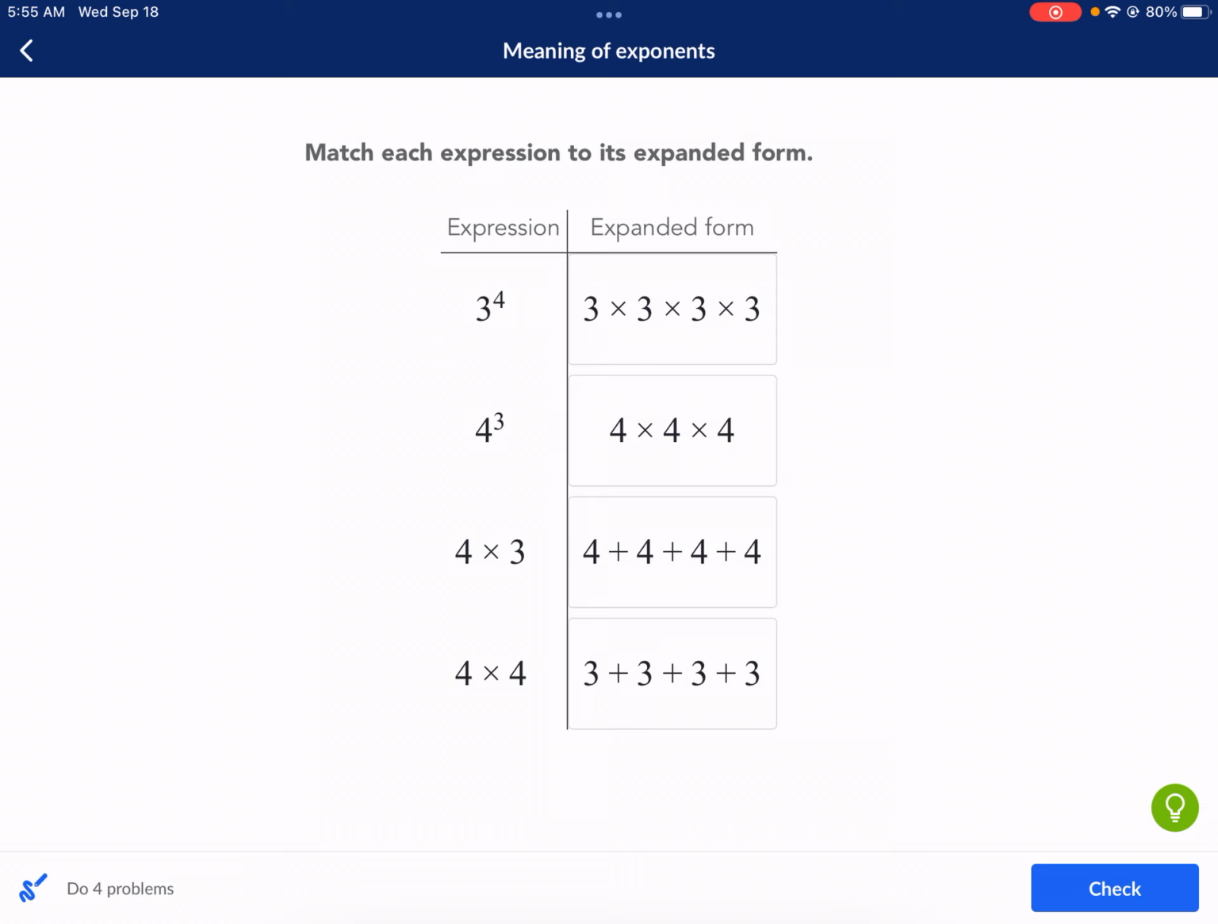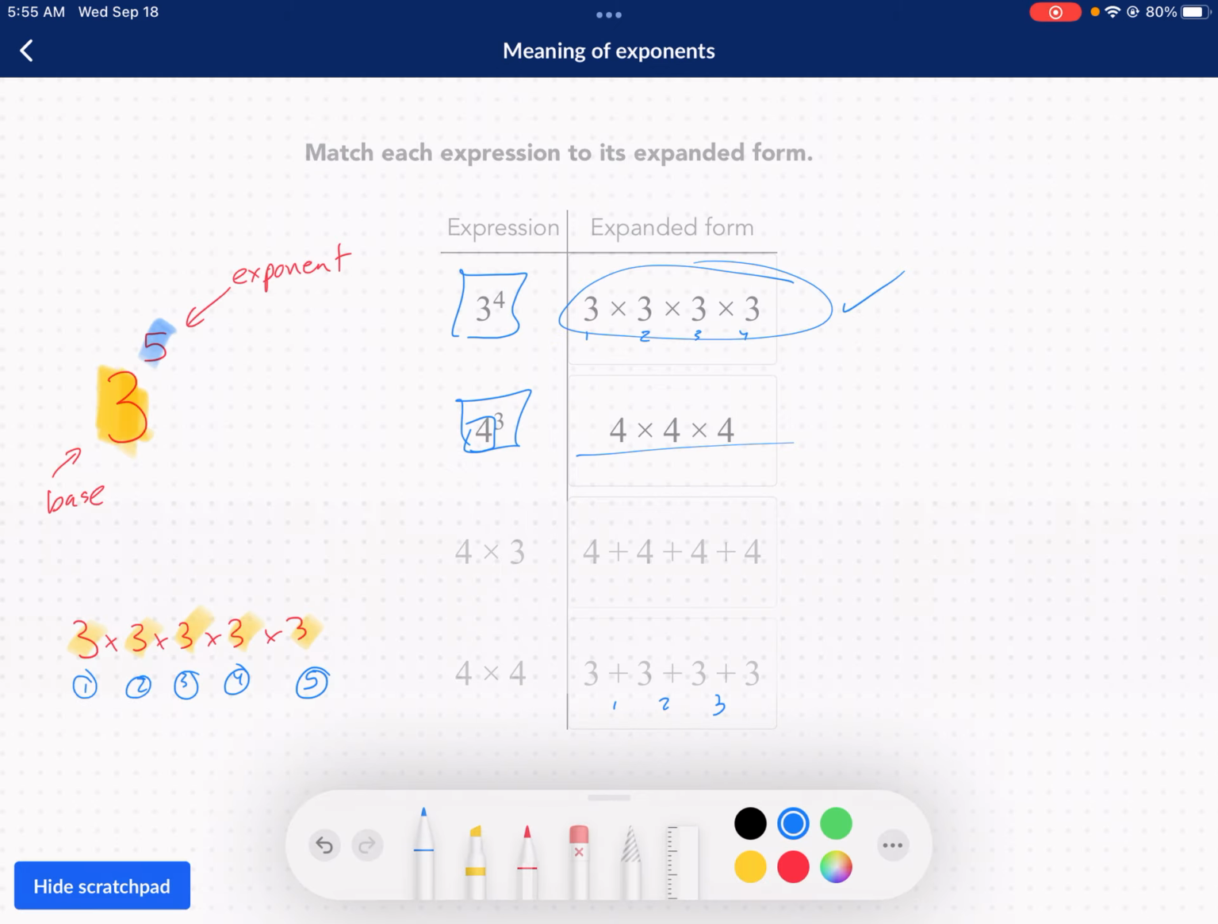Next up, we have 4 times 3 and then 4 times 4. If we have 4 times 3, that means we are going to be repeat adding. There are 2 different ways we can repeat add. If we have 4 times 3, we can add 4 plus itself 3 times. That's 3 groups of 4. Or we can do 4 times 3, that'd be 3 added to itself